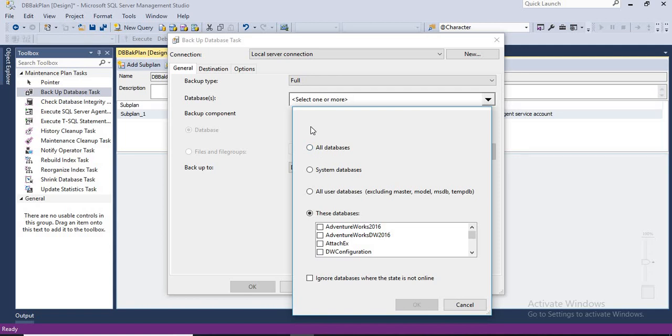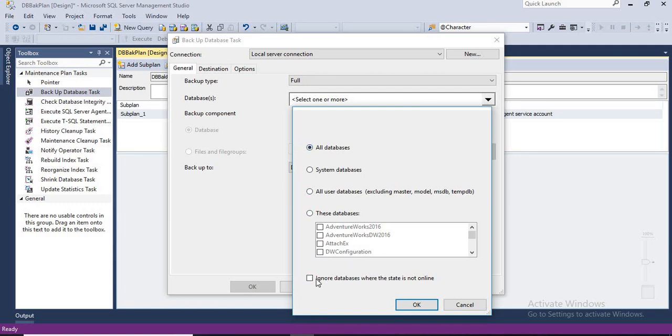But I prefer to keep all the databases. Why? Because today you might have 19 databases. If you see in my server, I have 19 databases inclusive of system databases. Tomorrow, a new database might come into the picture, and I need to add that also into the backup. So if I specify only this database here, that new database won't come. Again, the person has to come here and select it. So let's not do that activity. It's better to keep all the databases, since you know what databases are there in the production server.